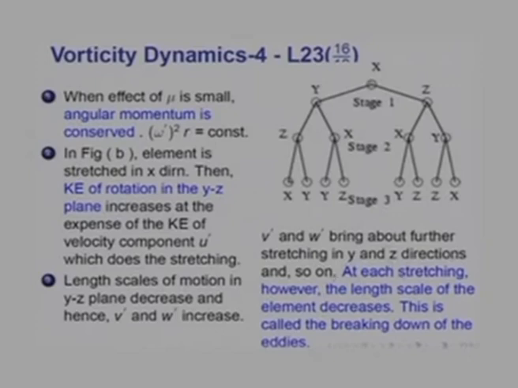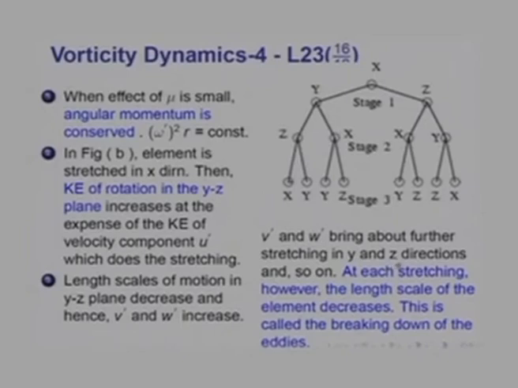So, you can see stretching in the x direction brings about intensification of velocities in the y and z directions, which do further stretching. So, intensification in y will do stretching, will increase the intensity in the z and x directions while reducing the scale. Similarly, intensified W dash would bring about reduction in size in the x and y directions, and so on and so forth. At each stretching, however, the length scale of the element will go on decreasing,